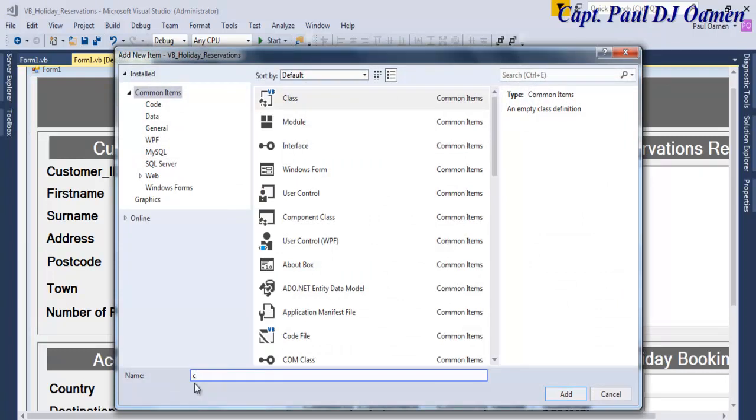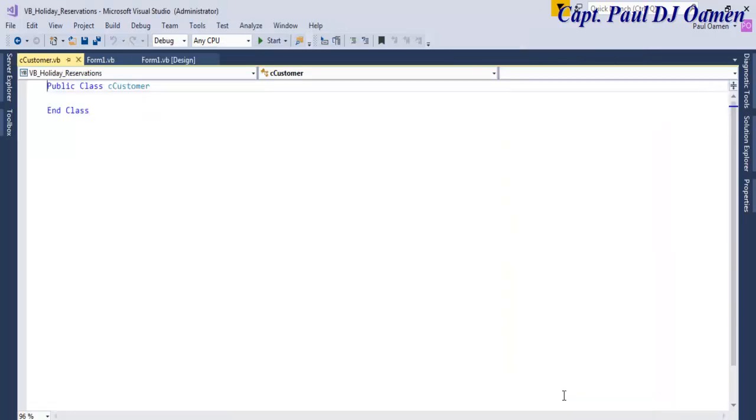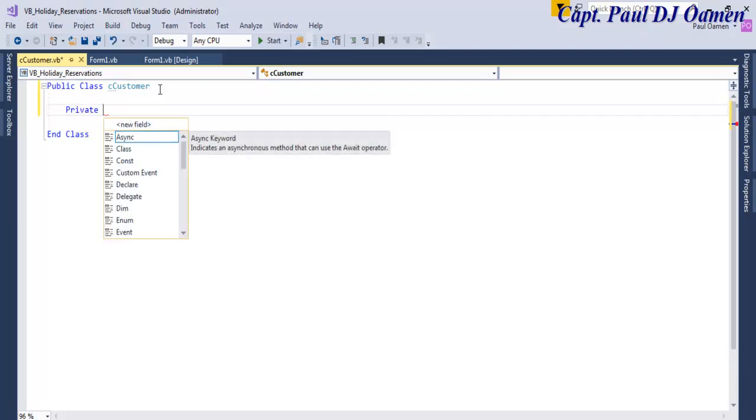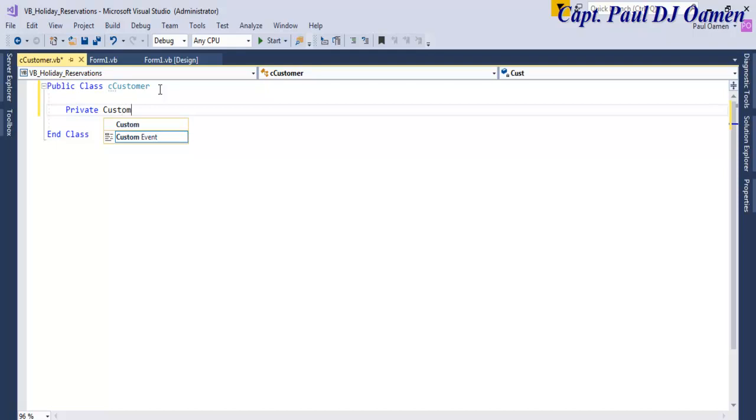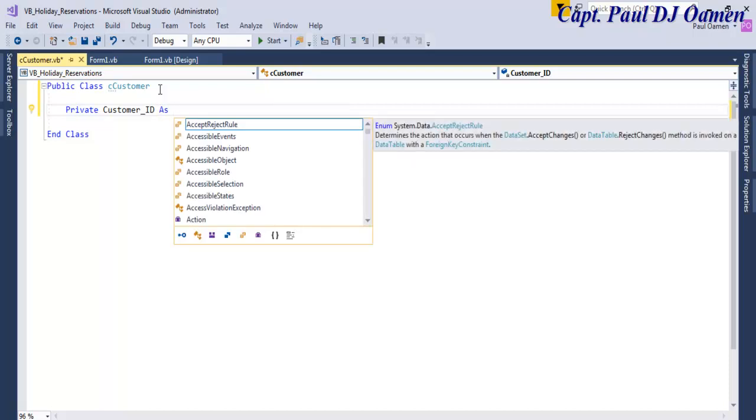So let's change the name of this. I'm going to say CCustomer. The C represents class, and let's click on add there. Okay, the first thing I'll do is enter a private. Let's go for customer ID, underscore ID. I'm going to make that string,